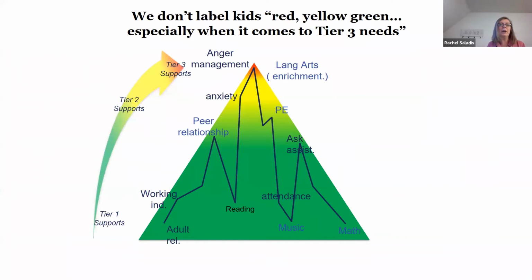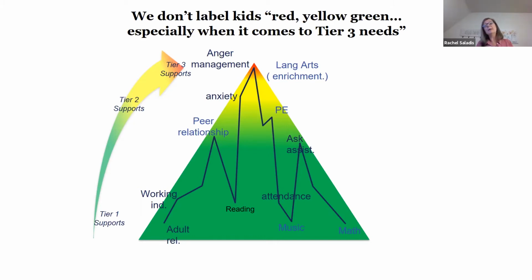So we're gonna think about a student profile within that triangle. Each student, and really each of us, have areas in our lives that we're really successful with what's provided universally. And we all have areas that we need a bit of support. Trust me, I could go into the ways I need individualized support and some group supports. But let's look at this student. This student is quite successful in things that are pretty predictable. Relationships with adults, academic subjects of math and reading. He or she also attends regularly. Attendance is predictable. School starts at the same time every day.